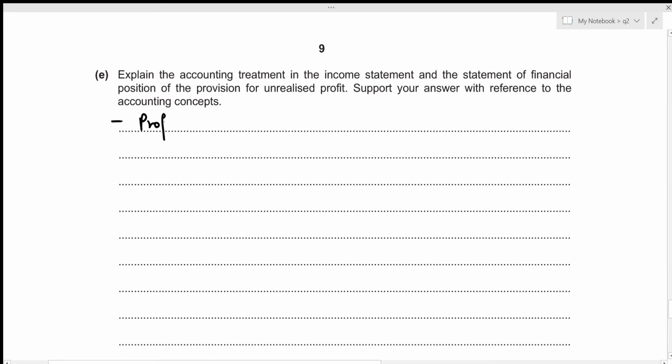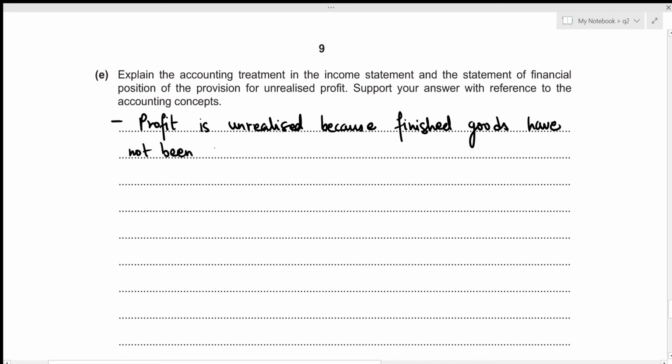Profit is unrealized because finished goods have not been sold to third party,